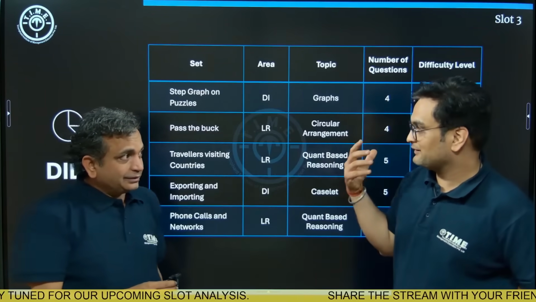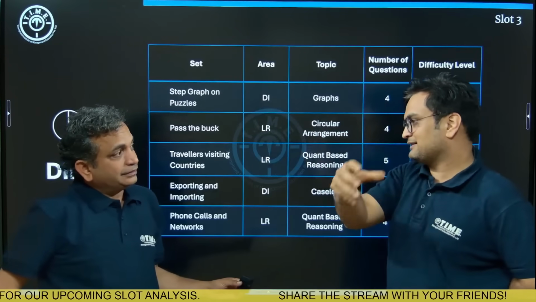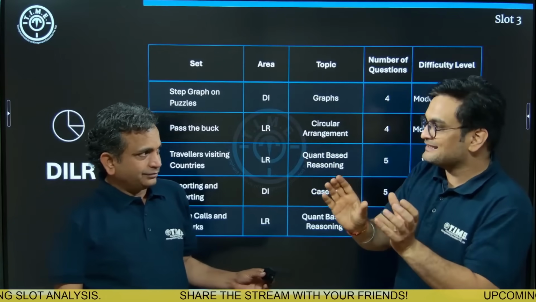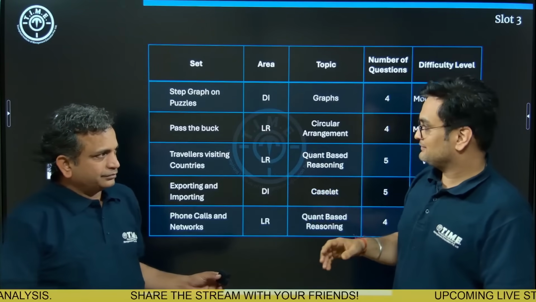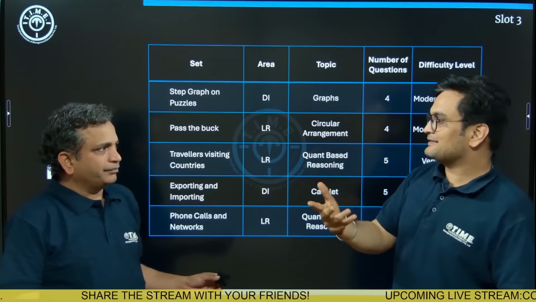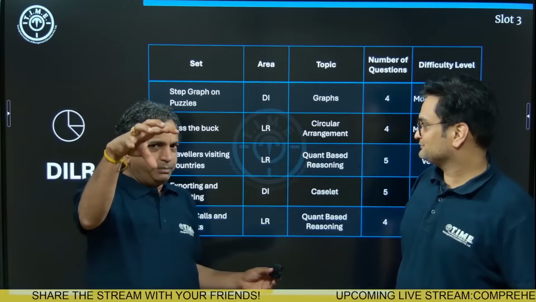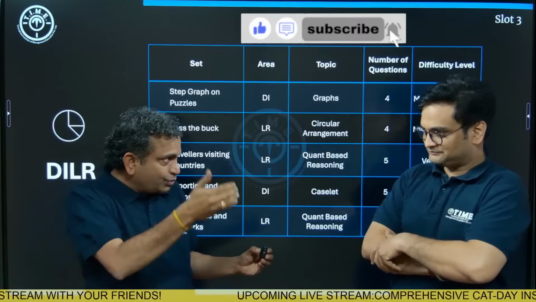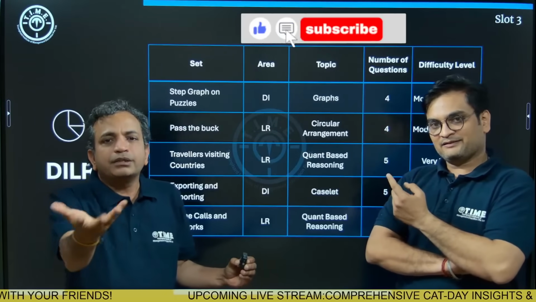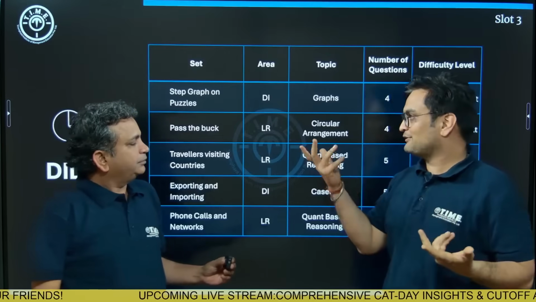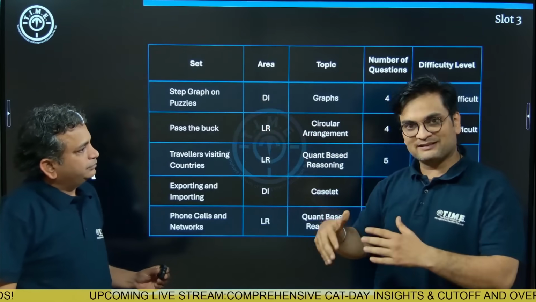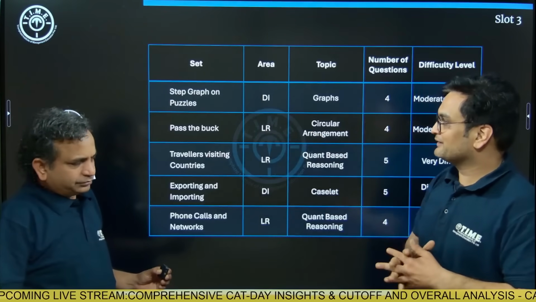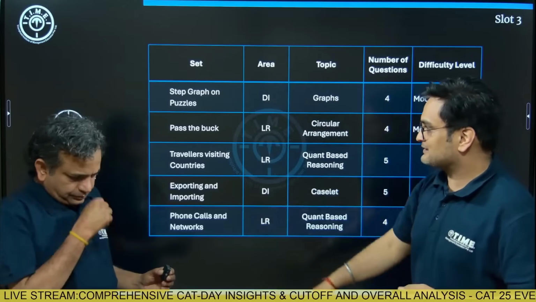If this was the first set, or someone was able to identify it, even though the representation is not so easy, the questions and the solving are comparatively easier. The question has been presented to be intimidating, but if you see through that and persist with the set, you would be able to solve it. Of course, you would not know that unless you go through the other sets, but in comparison to the others, this was definitely a moderate to difficult level set. Doable, one of the doable sets that we have here.